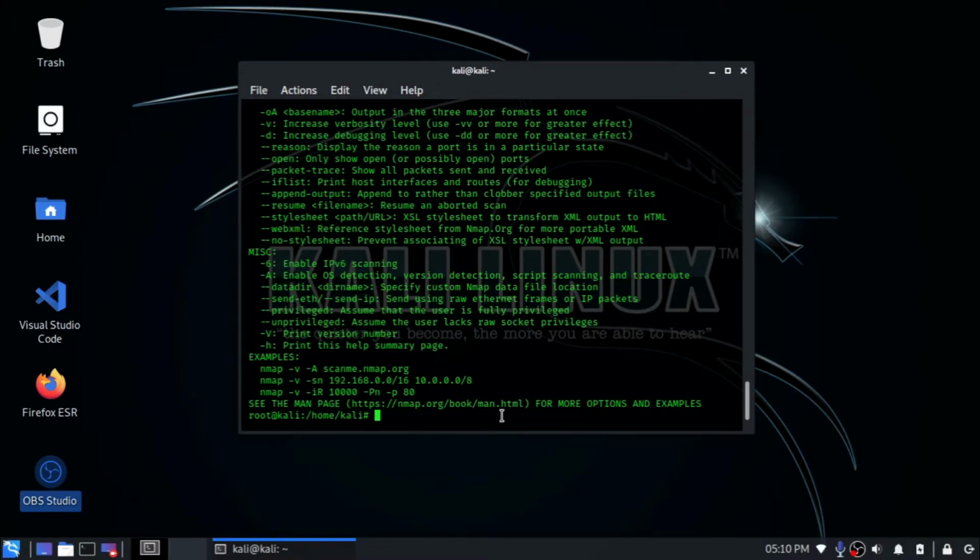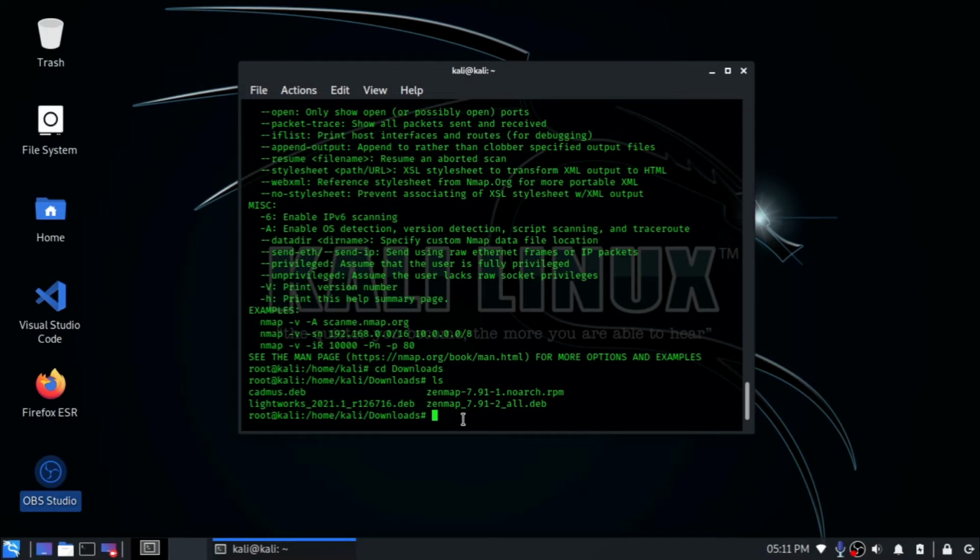So there is another way to do the same using a graphical user interface version of Nmap, which is called ZenMap. ZenMap can be downloaded from the official Nmap page also, or else you can check for the link in the description. After you download the ZenMap package, first you need to browse to where the ZenMap package is located.